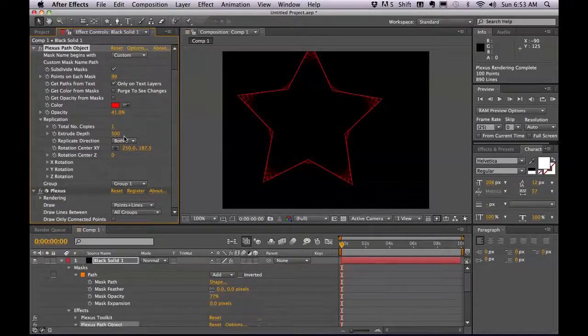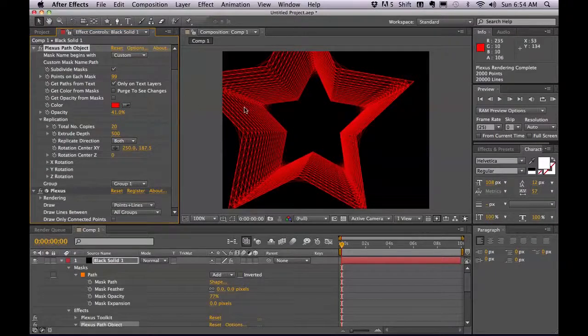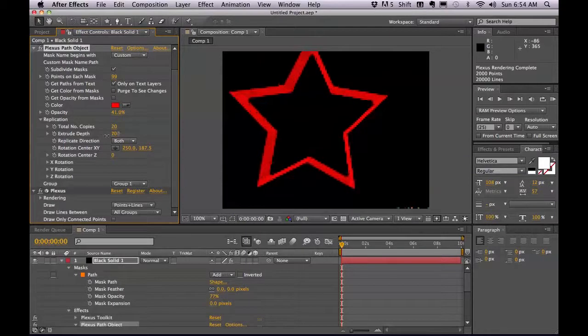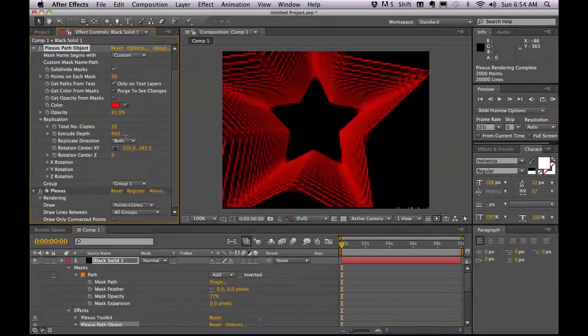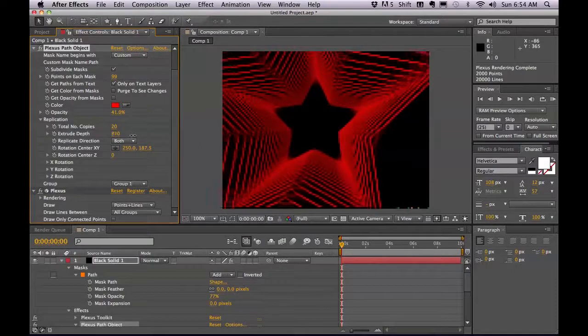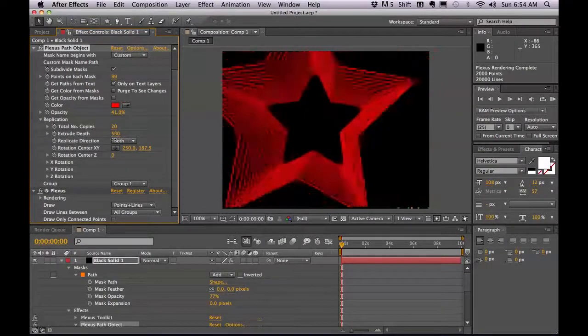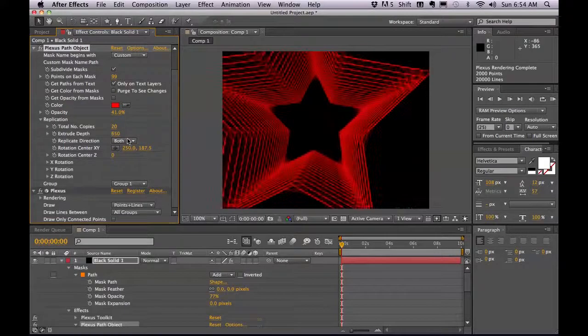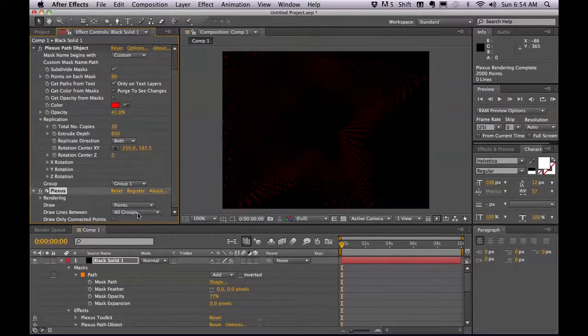Replication actually creates multiple instances of this object within the same object. So let me show it to you by increasing the number of copies. Now, as you can see, you have multiple masks within the same object, and you can control the depth of extrusion. You can make those instances distribute over a certain depth, and you can control that using extrusion depth. And let me switch to points for right now, so it's more,